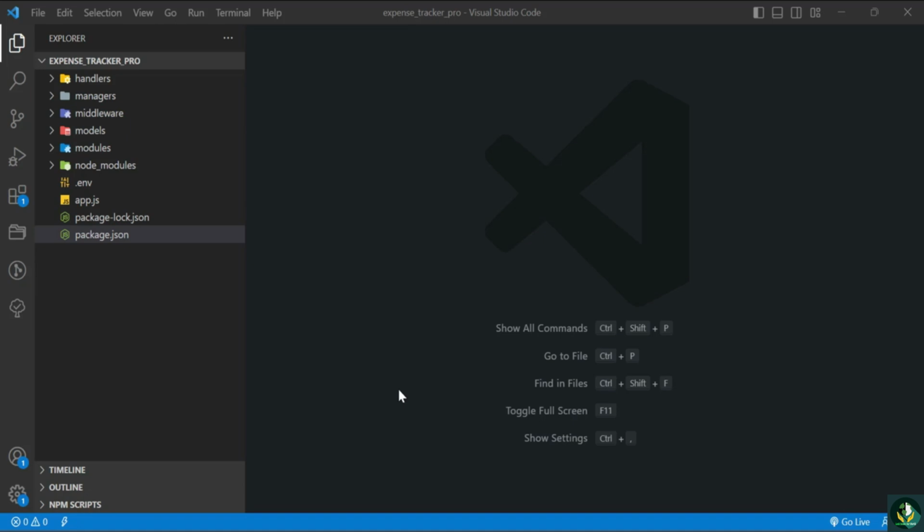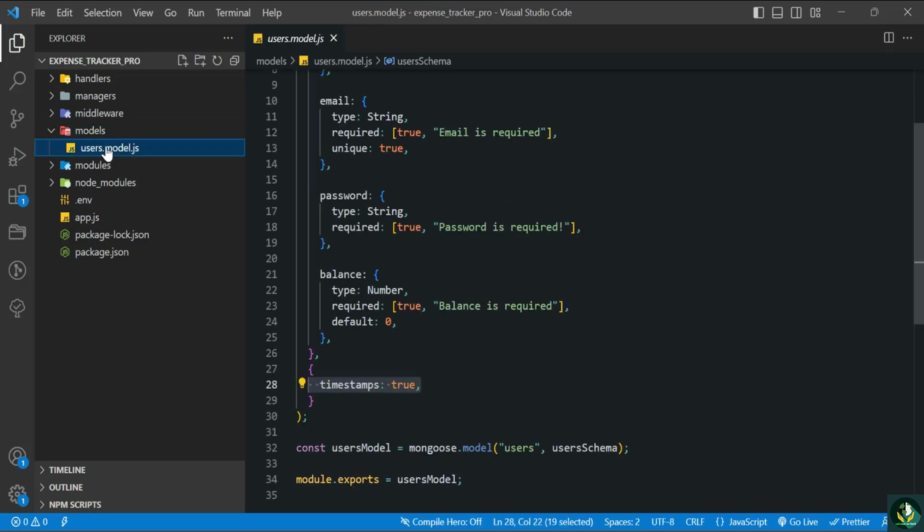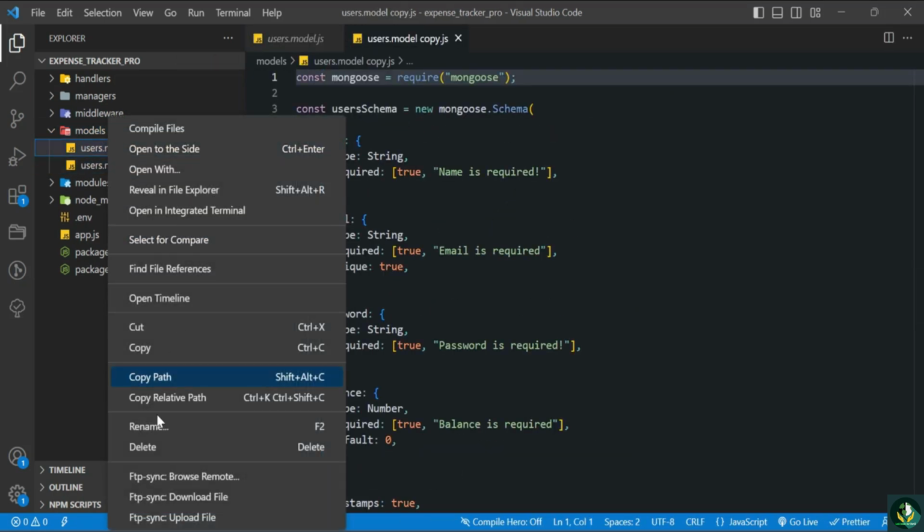So let's start working on the transaction module. At first, we will be creating a transactions model so as to store the transaction data of our users, right? So let's go ahead and create the transactions model. Now, instead of creating a new file, I will be replicating this. So copy paste and then rename it to